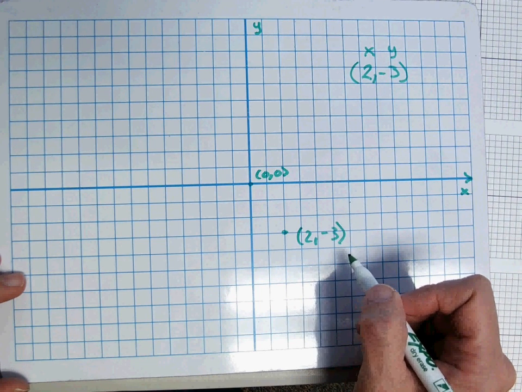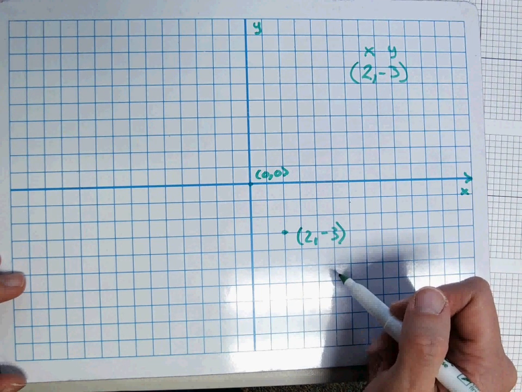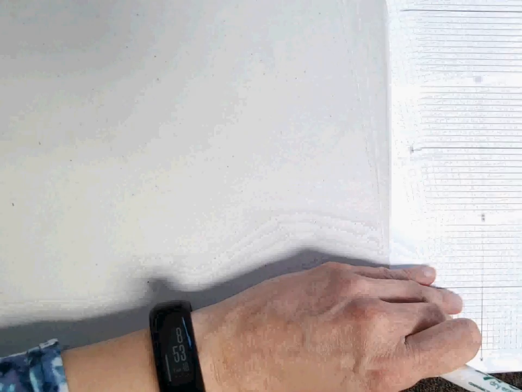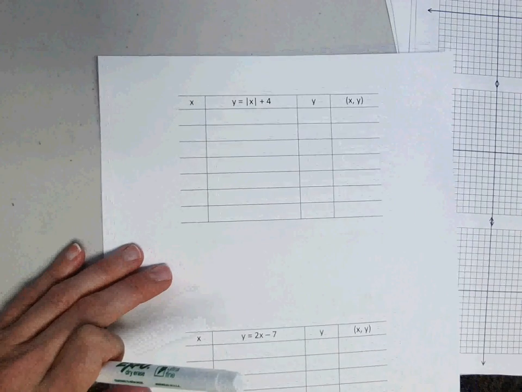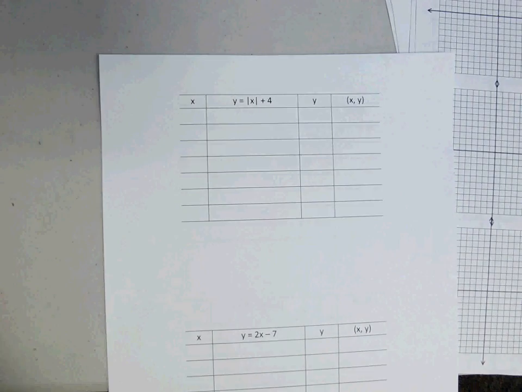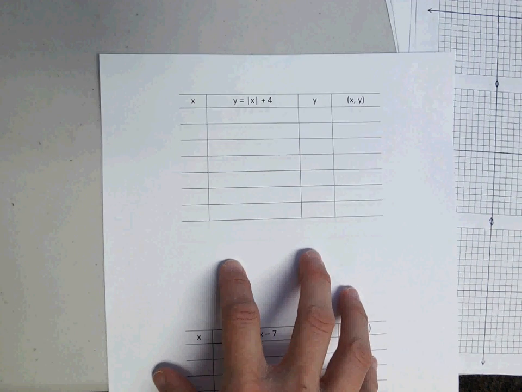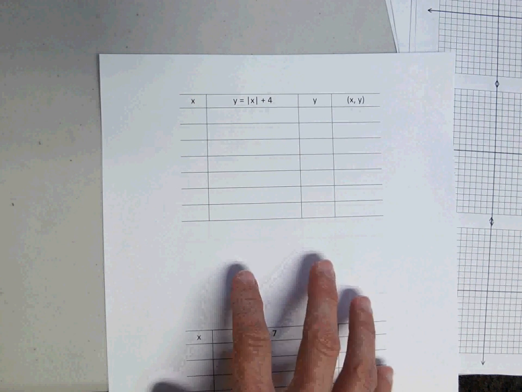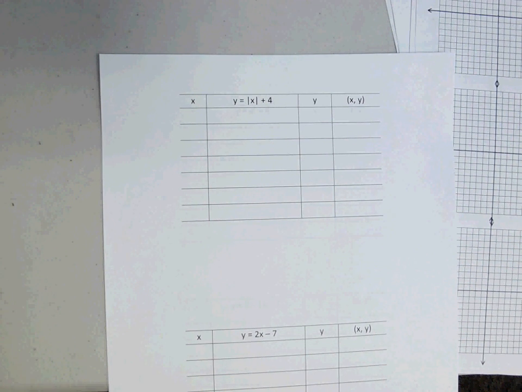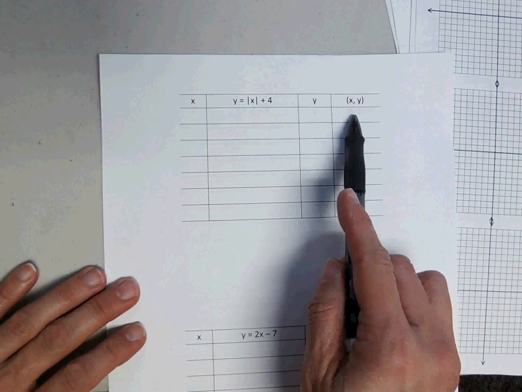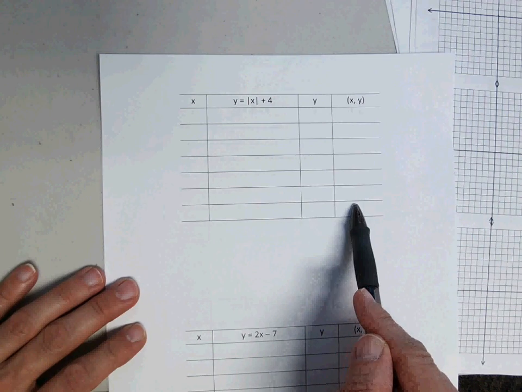Now this is all information you've learned before, but just a recap because of what we're about to do. We're about to graph different kinds of functions, and we're going to do that using a table. So let's grab this little piece of paper right here. We're going to talk about graphing this function. Now you don't know what functions are yet, but I want you to know how to graph things. You can graph any type of equation. Some equations are called functions. You can graph any kind of equation using a table. So what we do is we find a bunch of coordinates